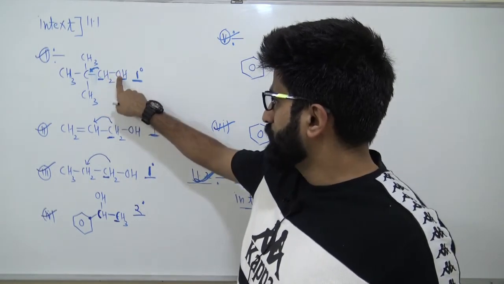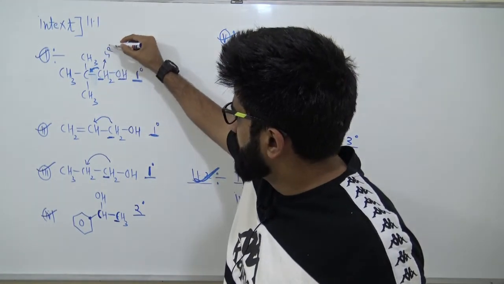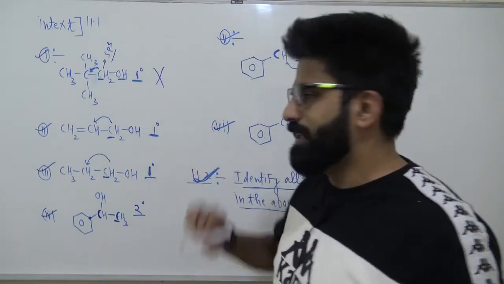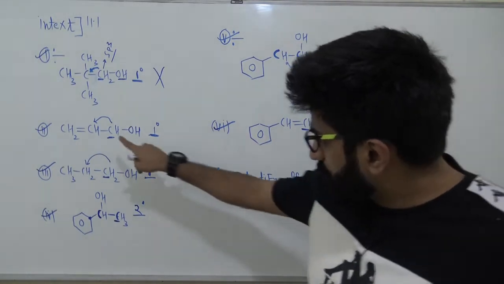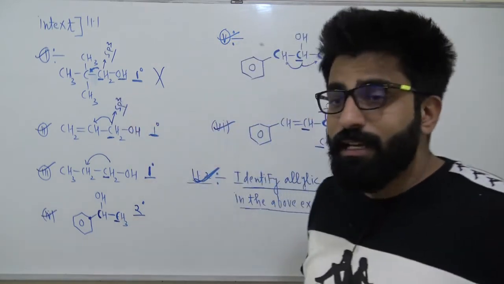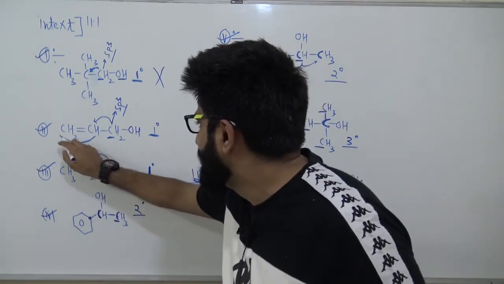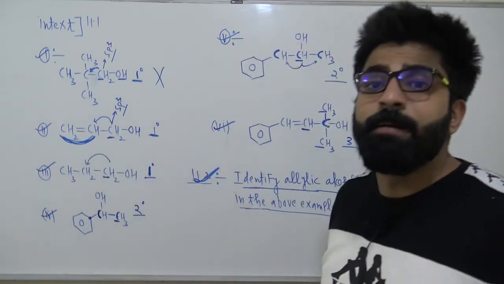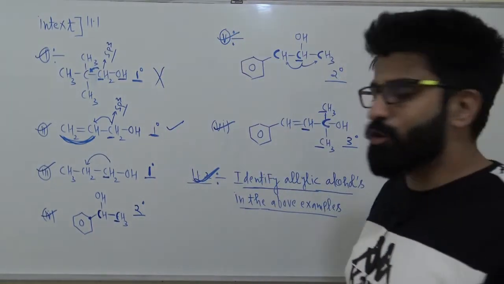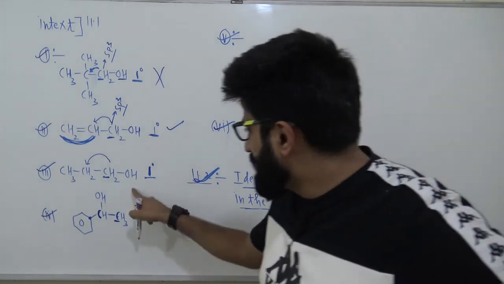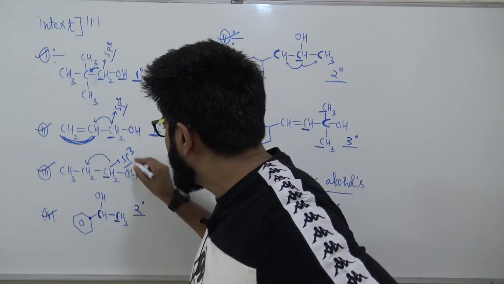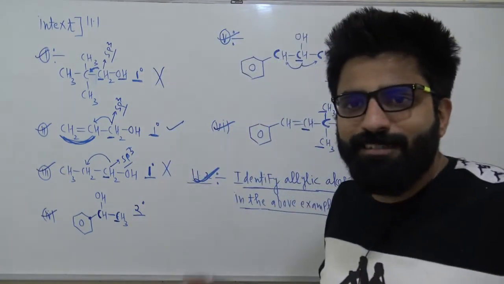Okay, so here this OH is attached to sp3 carbon. This carbon is sp3 carbon. Is it next to C double bond C? No. So this is not allyl alcohol, right? Here this OH is attached to sp3 carbon. The hybridization of this carbon is sp3. Is it next to C double bond C? Can you see that? Yes, this carbon is next to C double bond C. Yes, this is allyl alcohol. So the second is allyl alcohol. Come to the third. This OH is attached to sp3 carbon, but is it next to C double bond C? Your answer is no. So that is why it is not allyl alcohol.